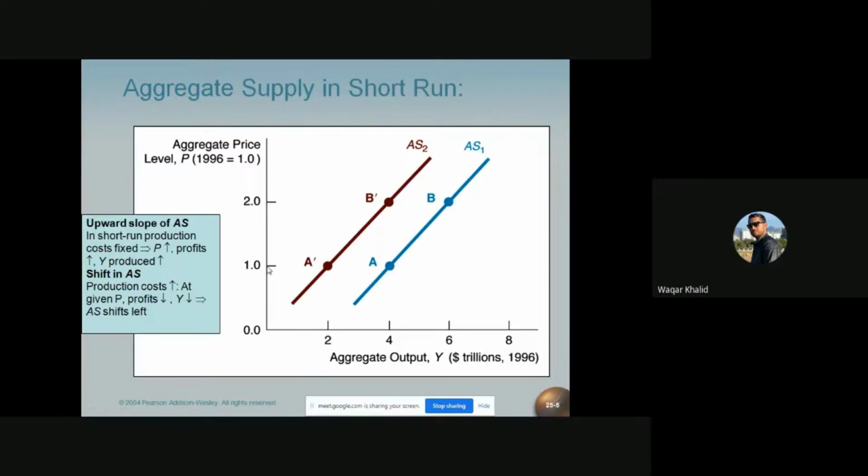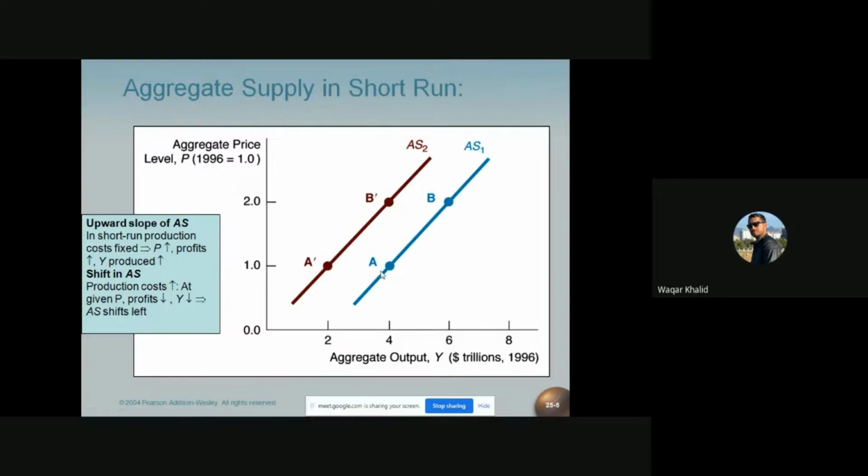For example, the quantity supplied at a price level of 1 is $4 trillion. AS1 is the original aggregate supply curve. When P is equal to 1, aggregate quantity supplied is $4 trillion. We are here at point A. Now, suppose the price level increases from 1 to 2. It means that now we are at point B, where the economy's aggregate output supply is